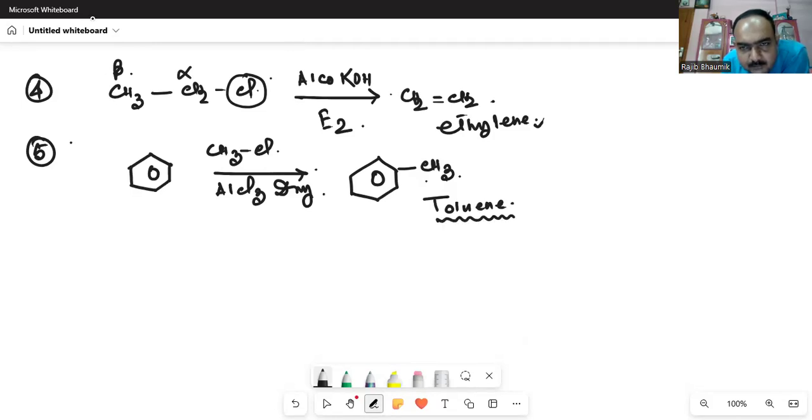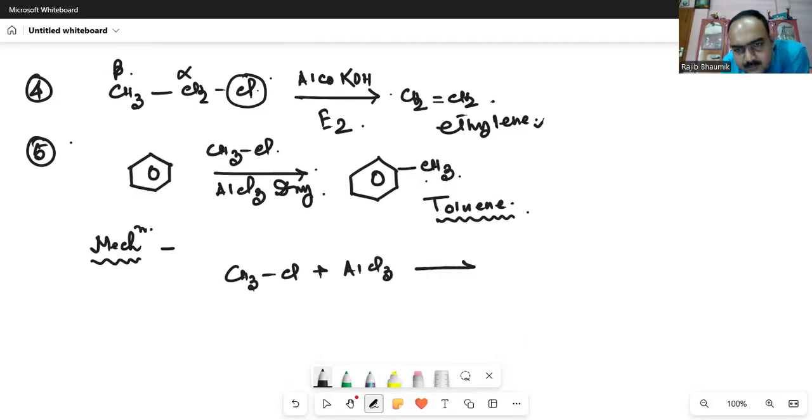Toluene will be formed. So the mechanism here is very important. It is Friedel-Crafts alkylation. Okay, so this will produce